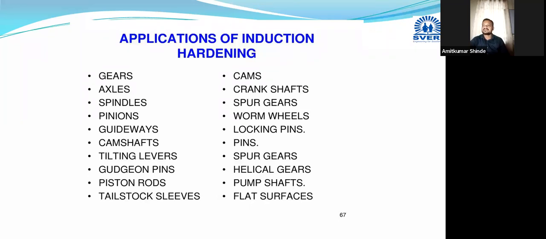This heat treatment chapter covers 60 or 70% from the second section, and this is a very important chapter. Please go through it. 60 to 70% of the questions will be from this chapter only. So this is a very important chapter. If you are having any difficulty, you can ask me now, or you can ask me later in any way which is comfortable for you.